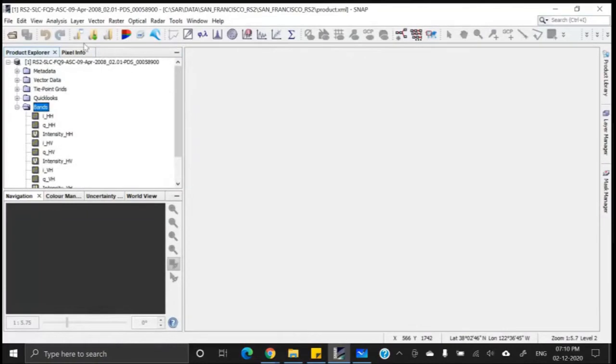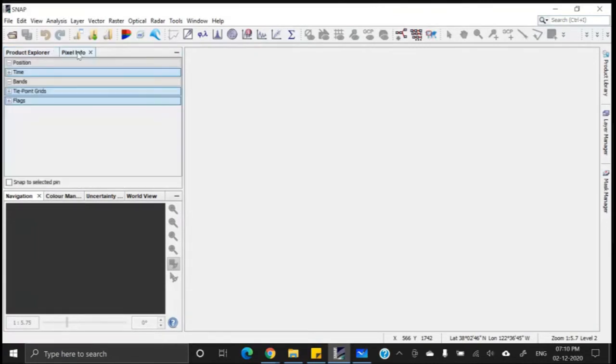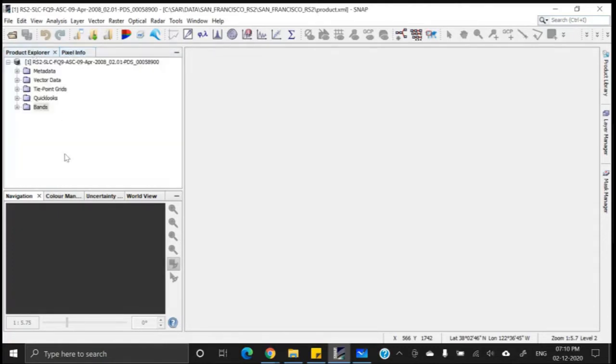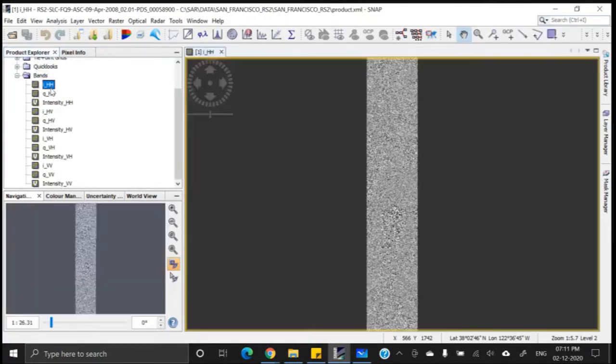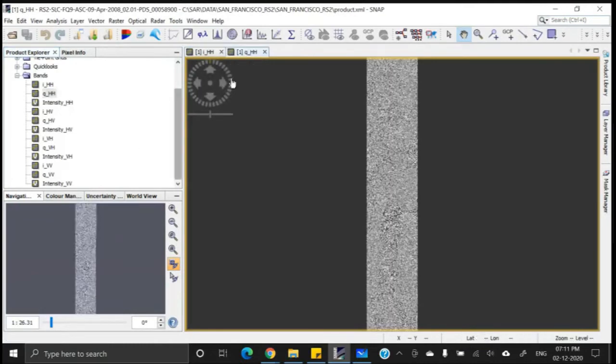Now let me come to the Pixel Info tab. I'll come to the type and grid later. Before going to the Pixel Info tab, first let me display two components of HH polarization, the I component and the Q component.